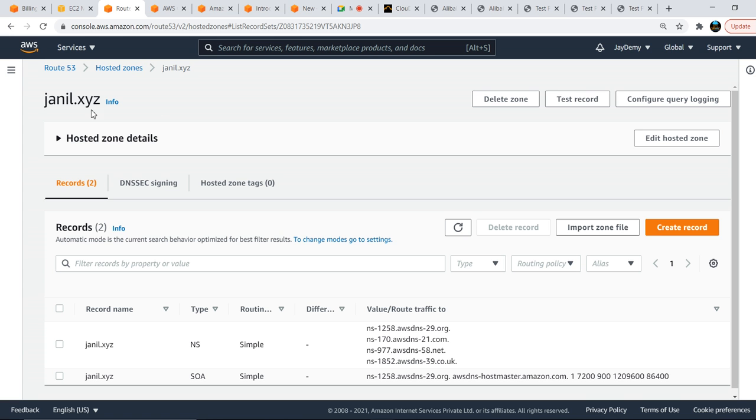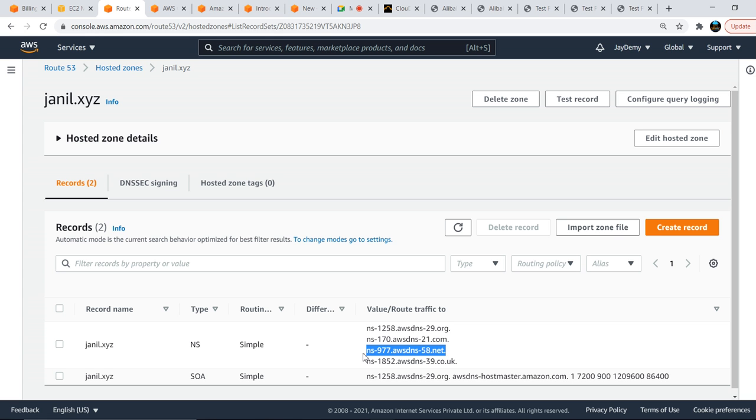That is the reason we first need to create a hosted zone, which is a kind of landing and entry point to our AWS. This is my hosted zone. Whenever you create a hosted zone, you get the name servers. So I got two name servers, one is .com and the other .org.